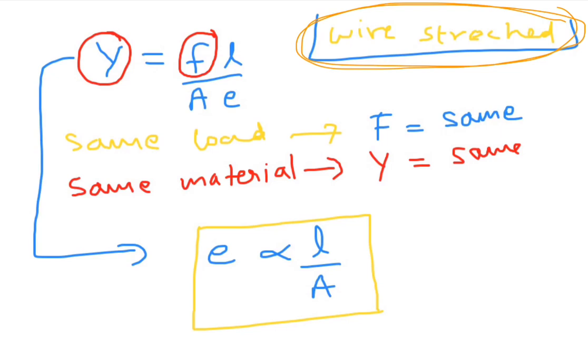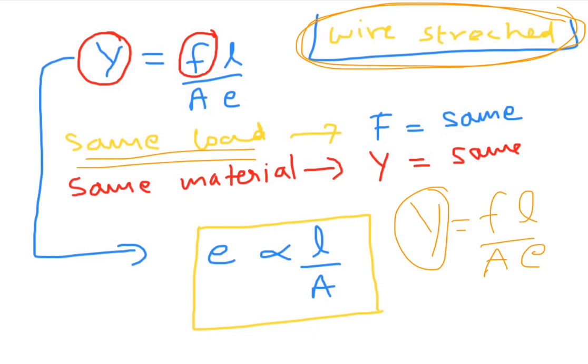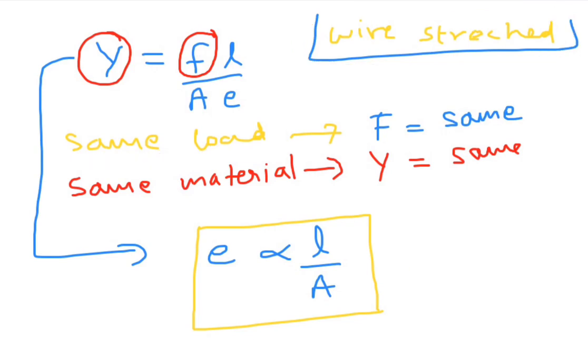That's actually what is the formula? Y equal to FL by AE. Here we are taking a wire stretched, so no doubt Young's modulus is the same. And if we apply the same load, then F is the same. Y is constant, F is constant. Observe here, Y is constant, F is constant. These two things are constant, which means we can happily say that the relation between E, L and A can be given as